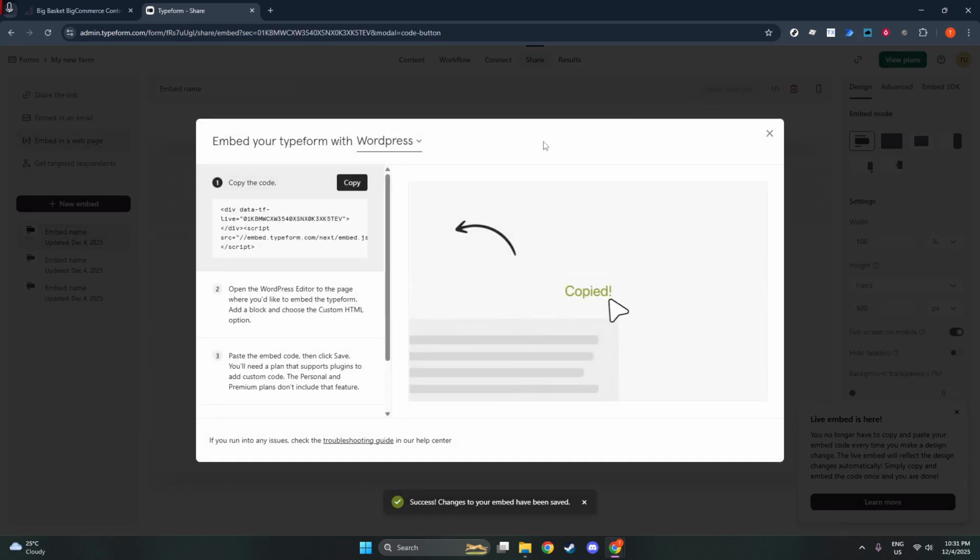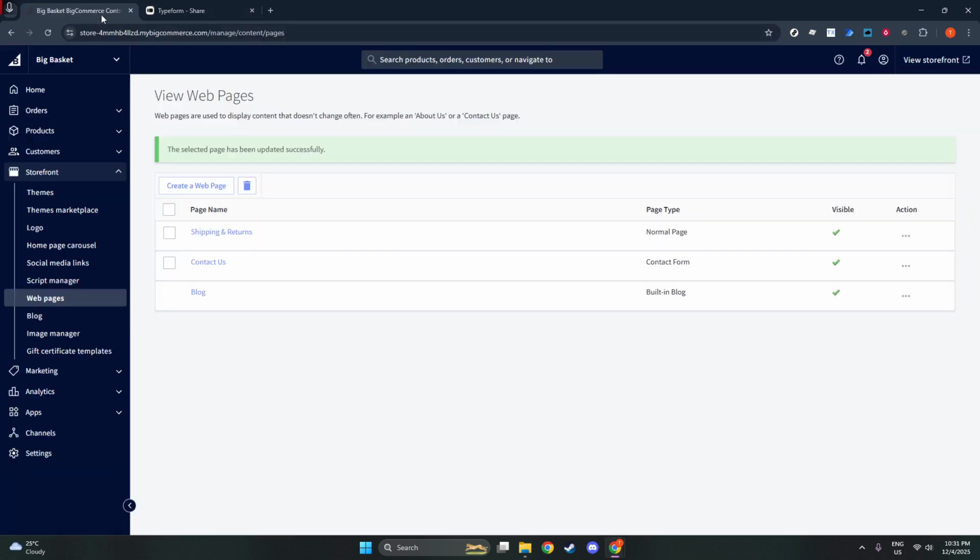If you want the form on its own page, go to Storefront and then Web Pages. You can create a new page, like Contact Us, or edit an existing one. If you prefer to add the form to a product or any other area that allows HTML, open the editor